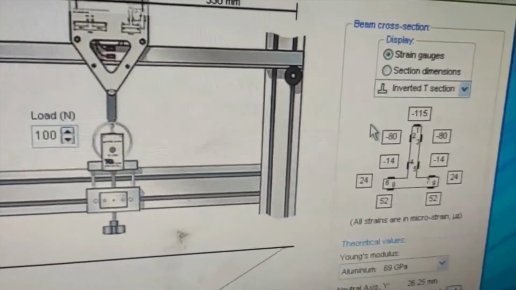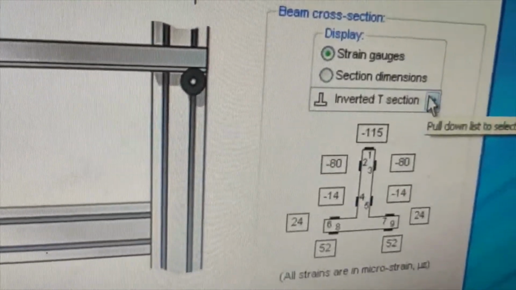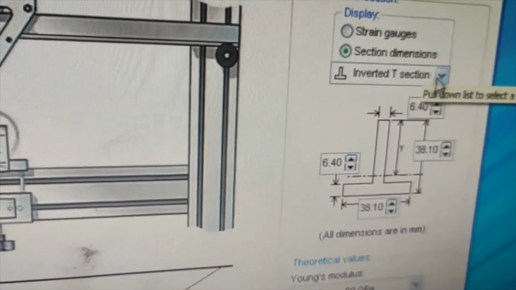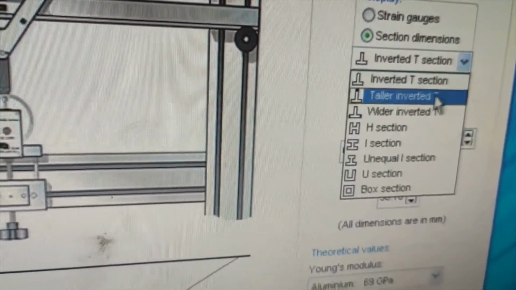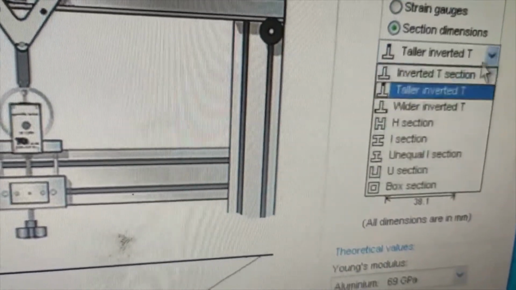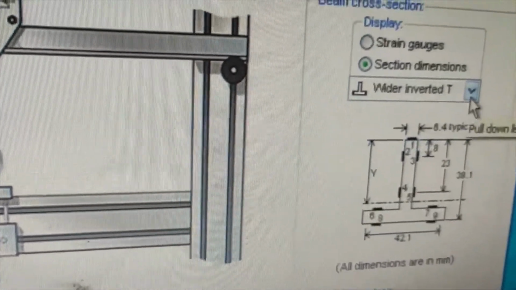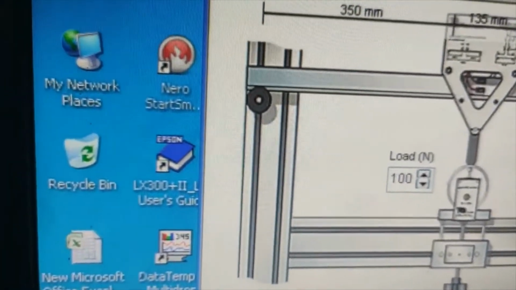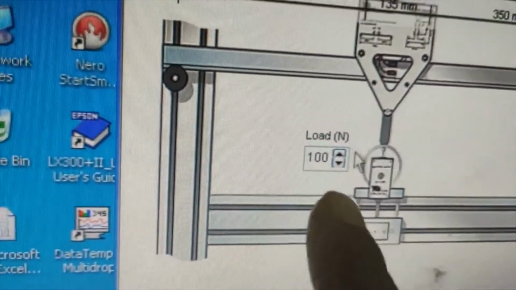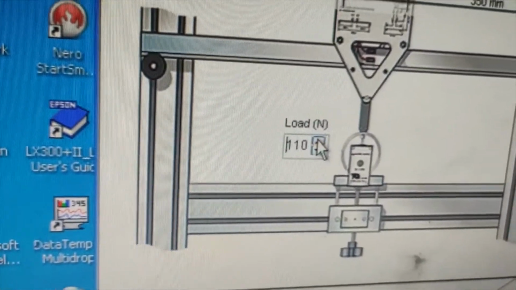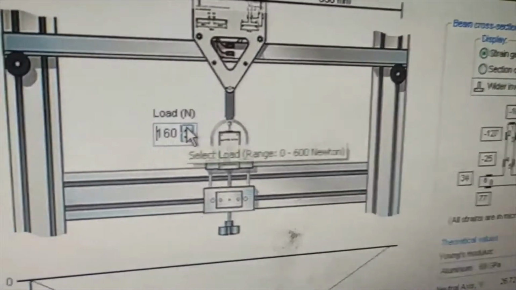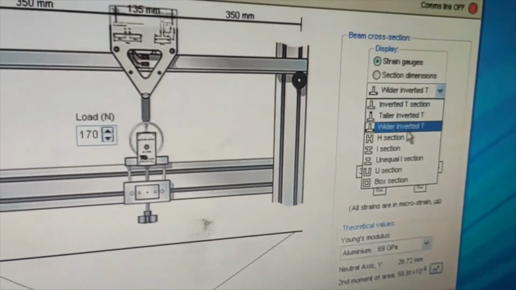You can see in the software we have selected the inverted T section that is available in our lab, but we can virtually change it to other types of beams also, like this taller inverted T, wider inverted T and others. When you select this, we have to apply the load virtually in this panel, with this button, and we can find out the strains generated due to this load on different types of beams.